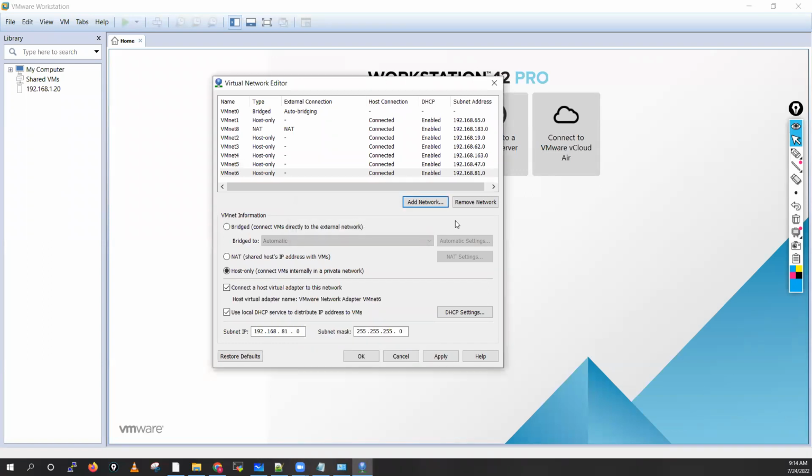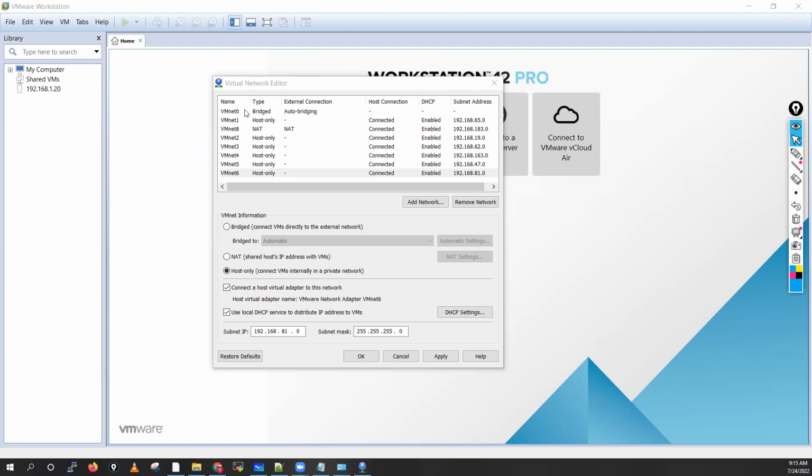Now you have to make sure you have a VMnet 0, a VMnet 1, a VMnet 8, a VMnet 2, and a VMnet 3. If you don't have 4, 5 and 6, don't worry about that. But at least you should have the adapters VMnet 0, 1, 2, 3 and 8 basically. If you can add 4, 5 or 6, that is also good. I don't have any problem. Okay, now once you do that,